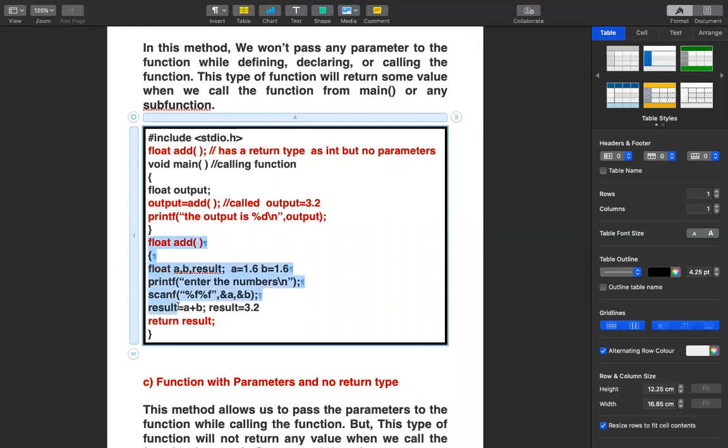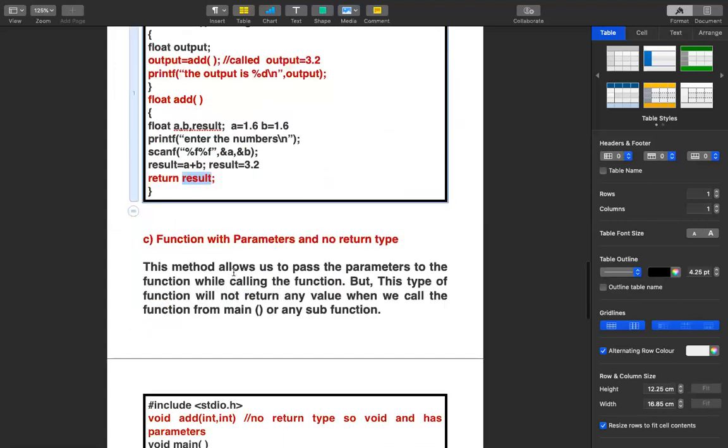But here, input and processing was done by the add function. So you have taken input and you have calculated the result in the add function, but have you printed the output? No. Where have you printed the output? You have printed the output in the main function. So you require something to be returned back. Since the calculation happened inside the add function, a return statement has to return the value to the main function. That is why we use a return type.